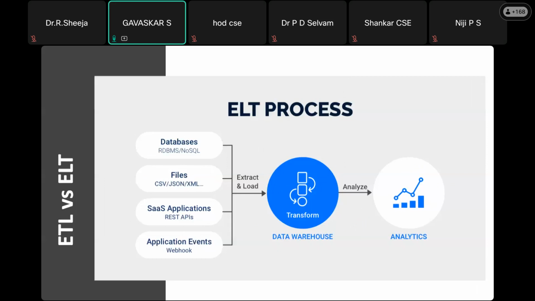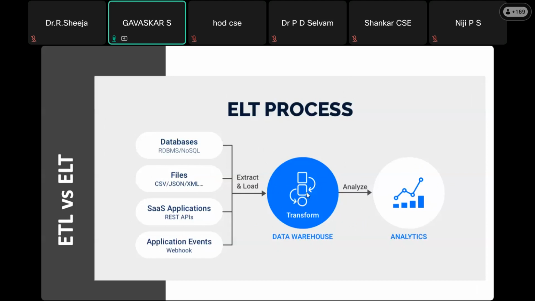So in my case, in Alibaba Cloud, MaxCompute is one of the data warehouses. We are going to see that in detail, and we can store the data. And once the data is stored in the data warehouse, what can you do? You can transform the data. You can transfer the data by using